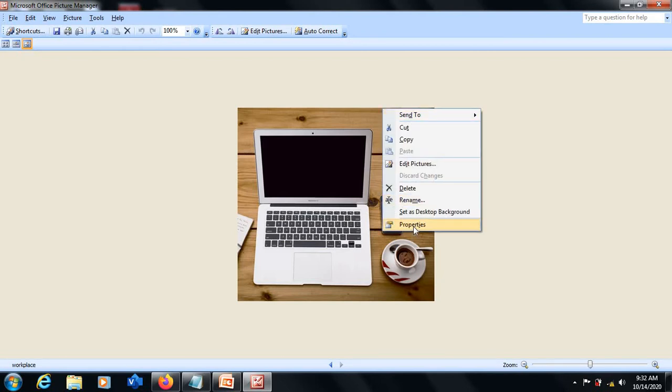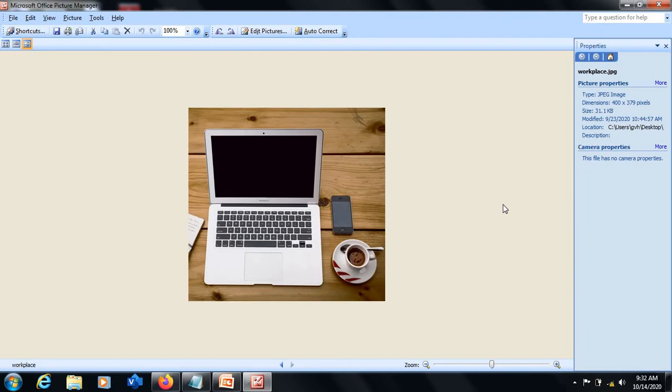Now if you go to properties of it, have a look at the right corner of my screen. This Microsoft Picture Manager software will tell you what the dimensions of this image are, that is, what the height and the width of this image is. Have a look at this. The first thing you will have to check in case you want to use image map is what the dimension of your image is, what the height and the width of your image is.